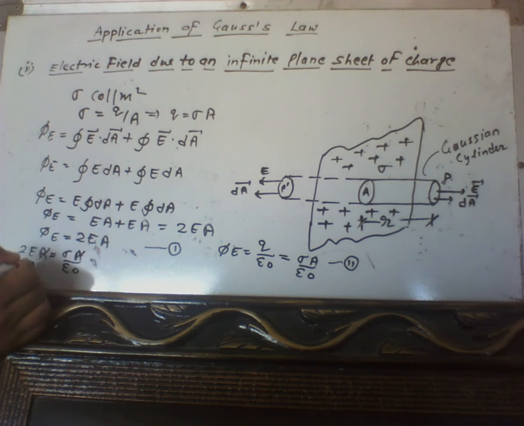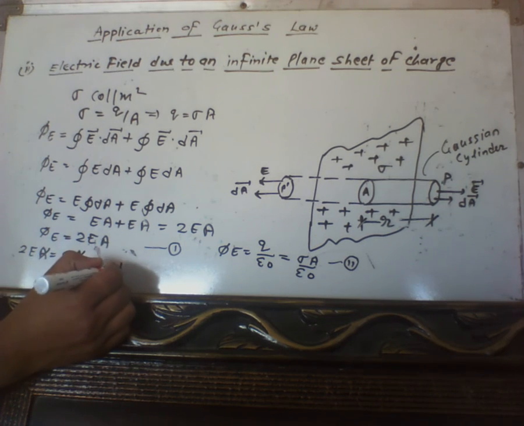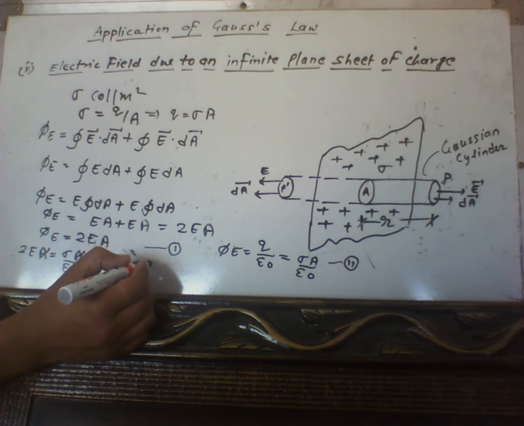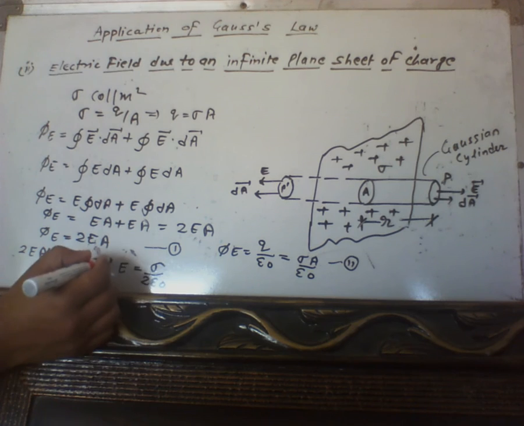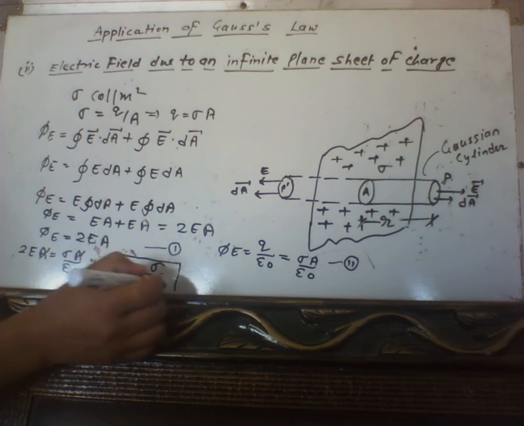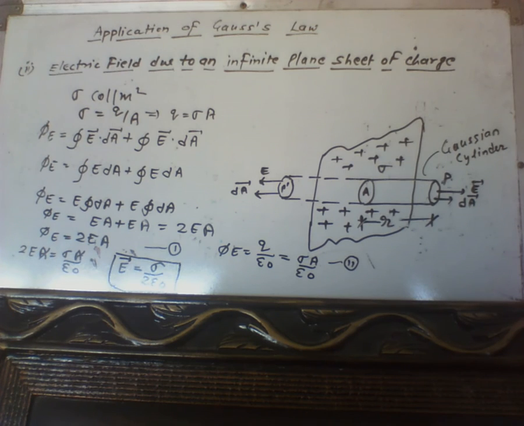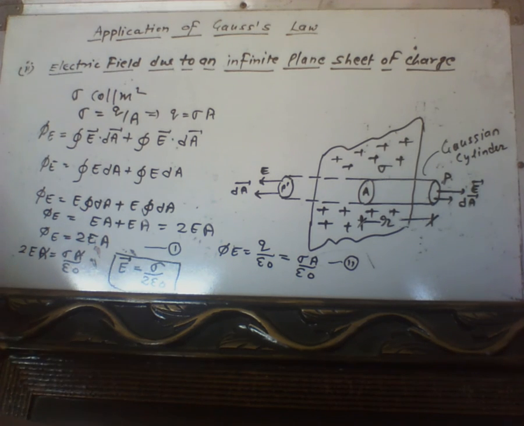Here A will cancel A, so we will get E as sigma upon 2 epsilon naught. This is the formula for electric field due to an infinite plane sheet of